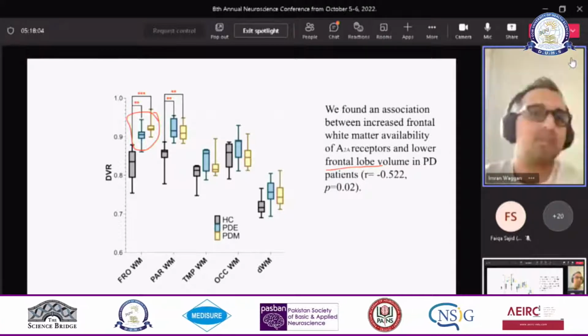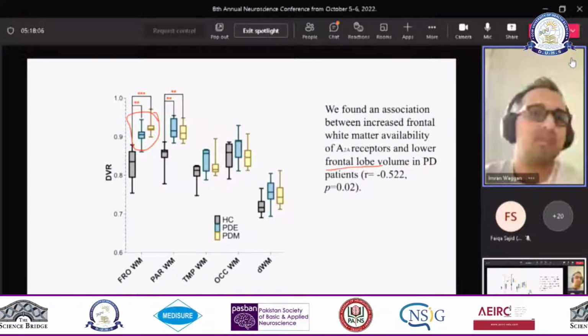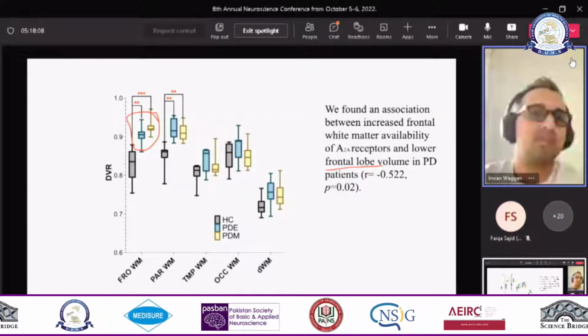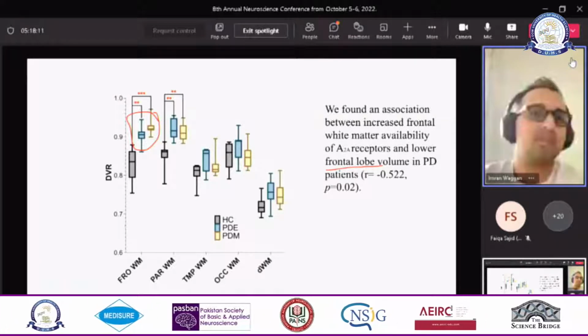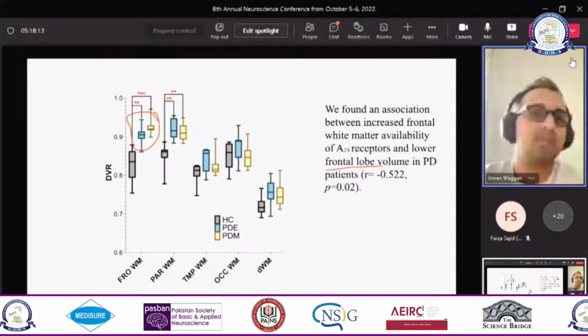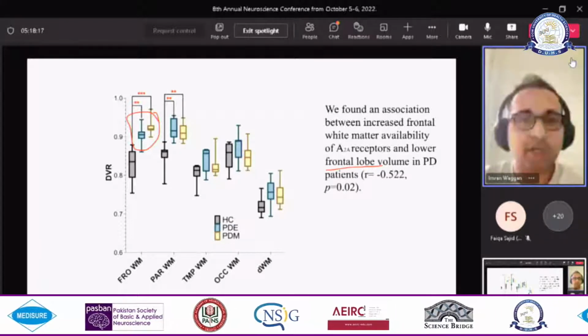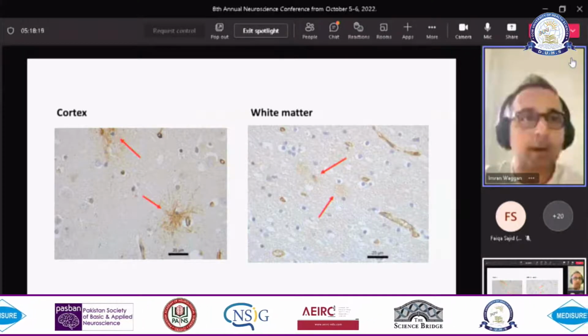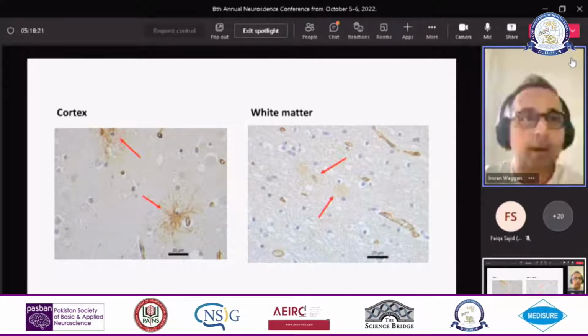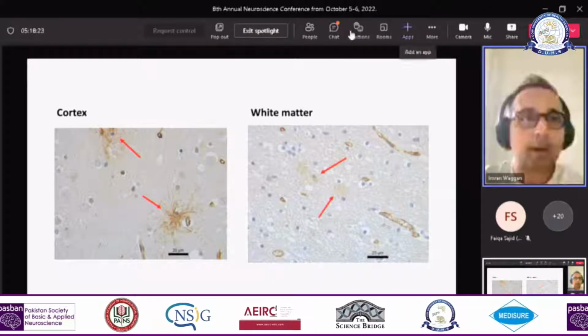But we were still not sure whether they're on astrocytes in Parkinson's, or whether they're on endothelial cells. We don't have a clue. So we did immunohistochemistry in the cortex and white matter, and we found that indeed